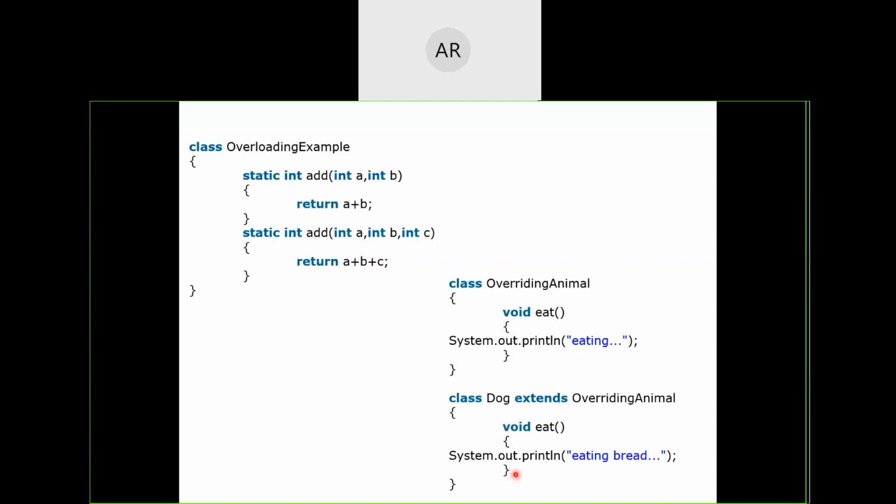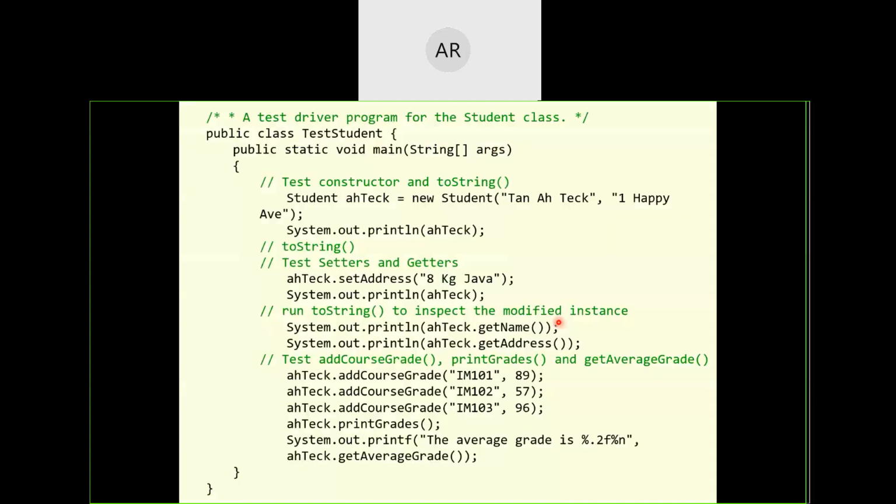Suppose it is not present, then the subclass object will go and execute this function of the superclass. But suppose if it is present here also, then it will not execute the above one. This is one key point that you should remember. So always remember, local methods of the same object will be given more priority to get executed than the superclass methods. One key point.